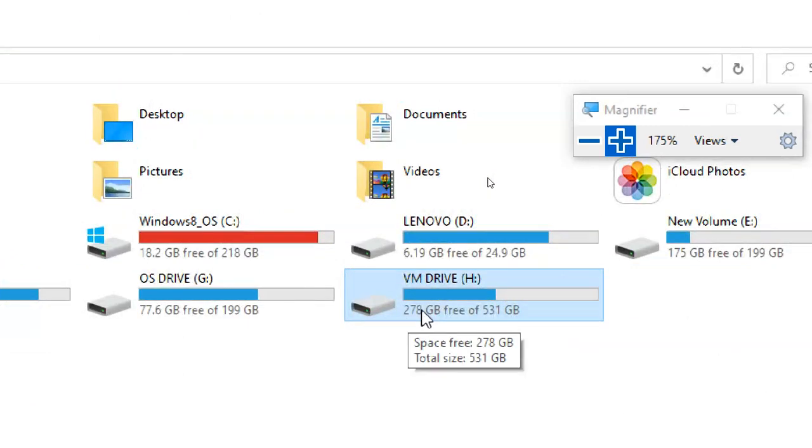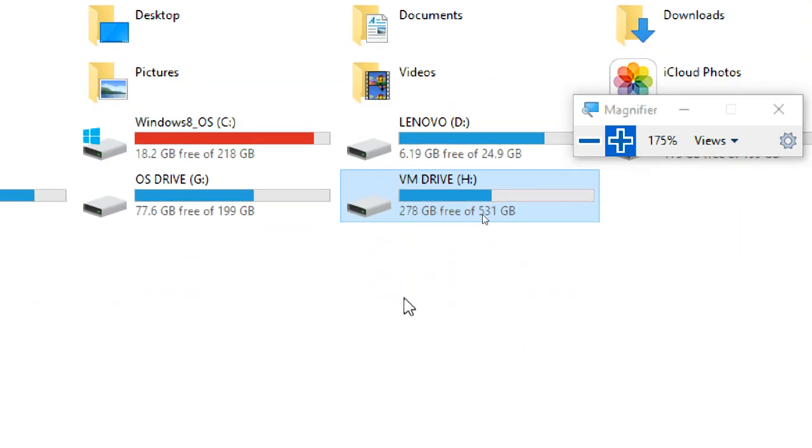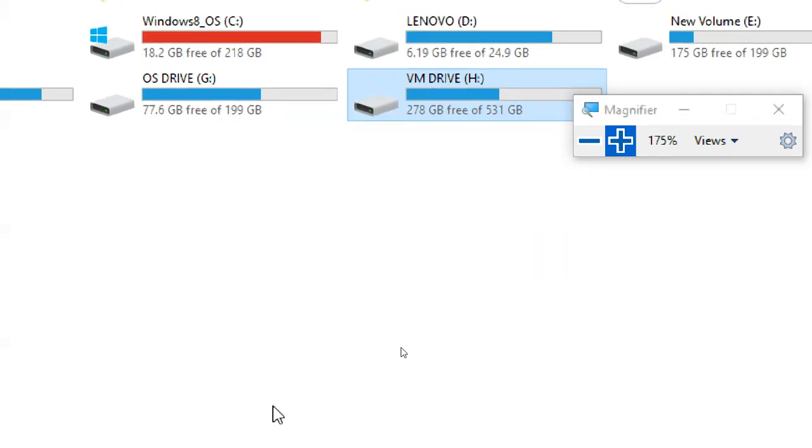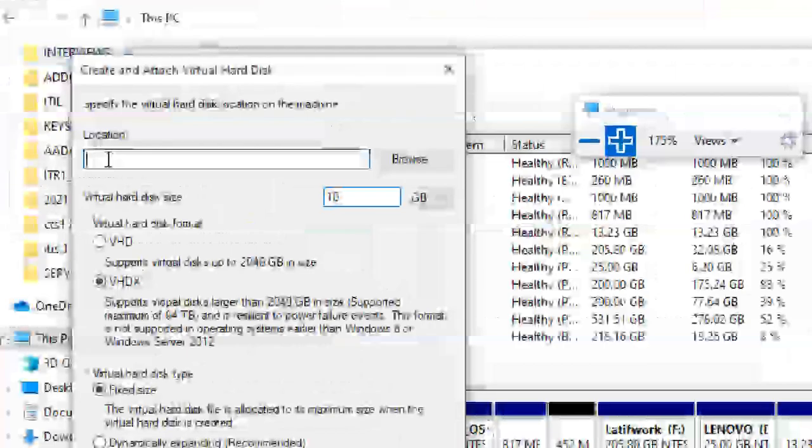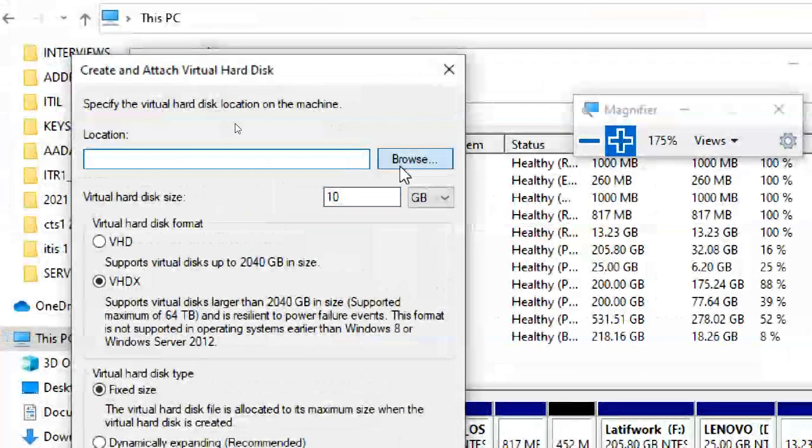Can you see, the drive has 278 GB free out of 531 GB? Okay, very little space. 278, remember that one. So I'm creating a 10 GB fixed disk.